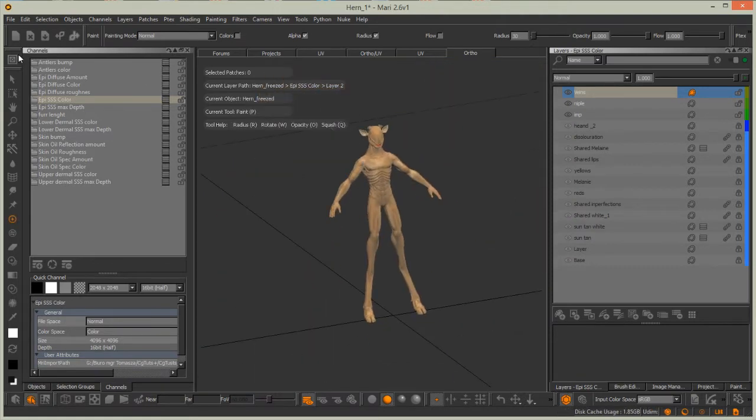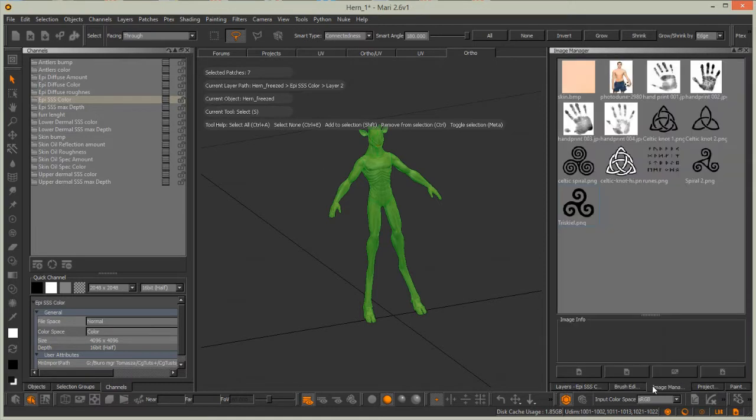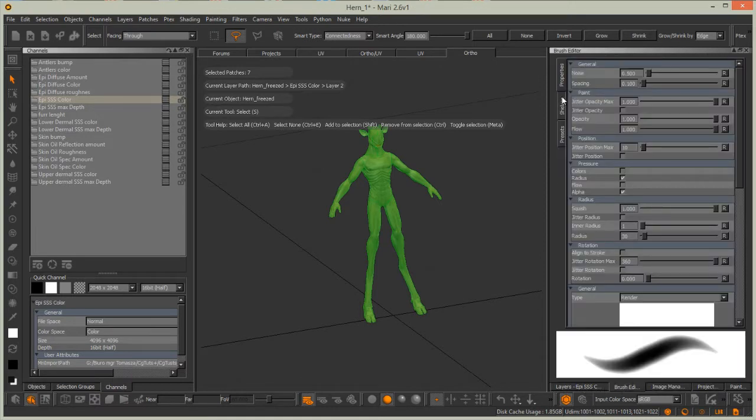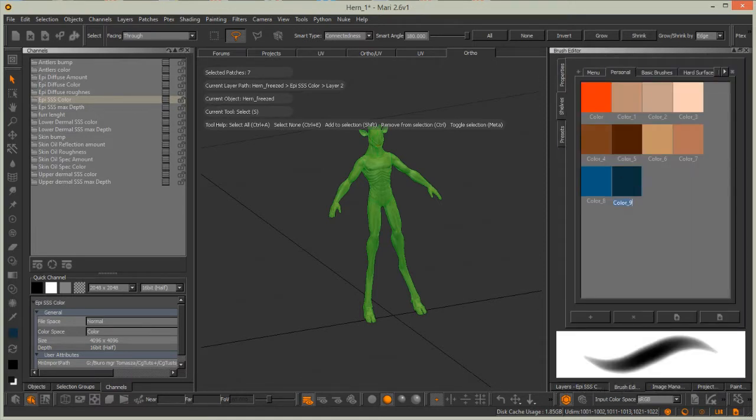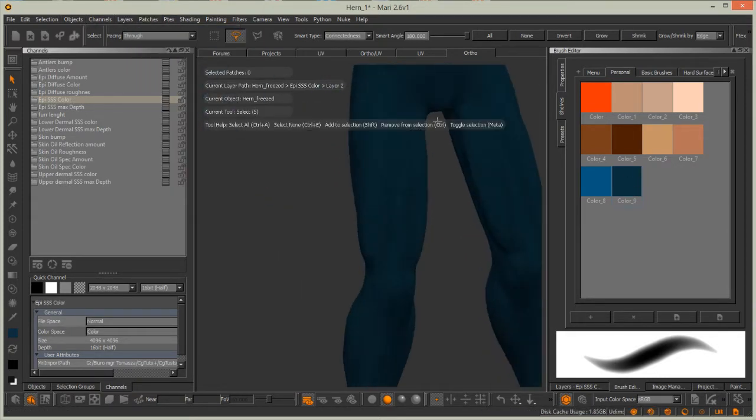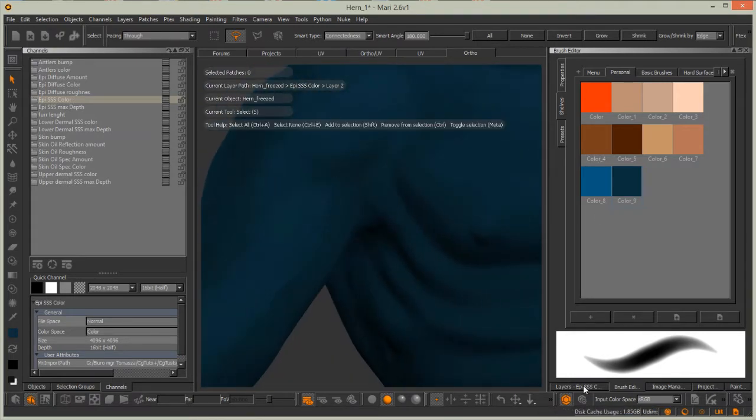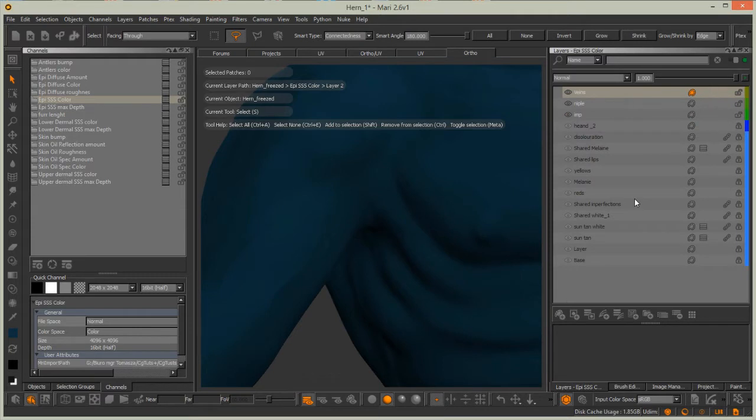So select all channels, select all patches, select this greenish color, and fill patches with this. Now it looks like navy, but when the light goes through all the skin shader, it will be a nice color. So now